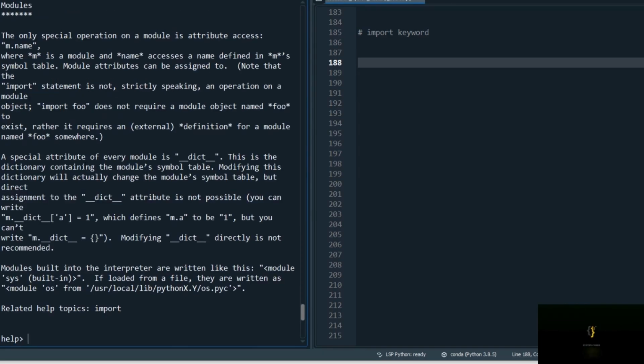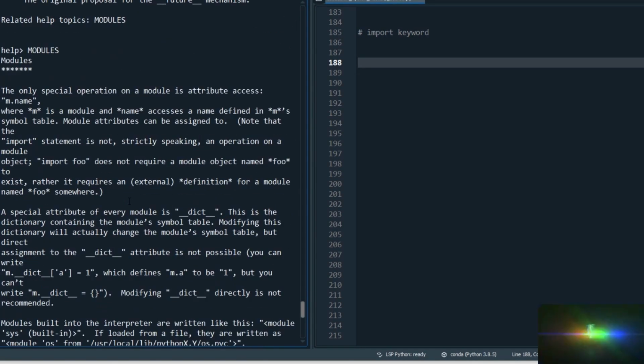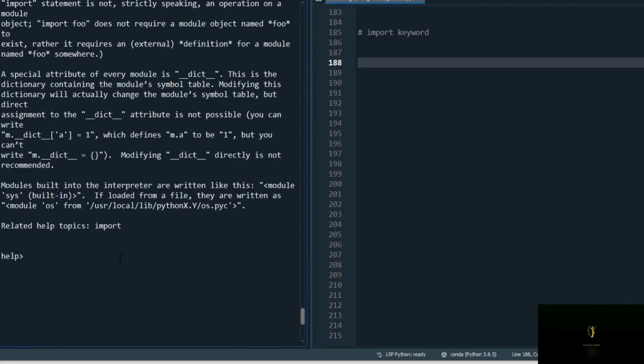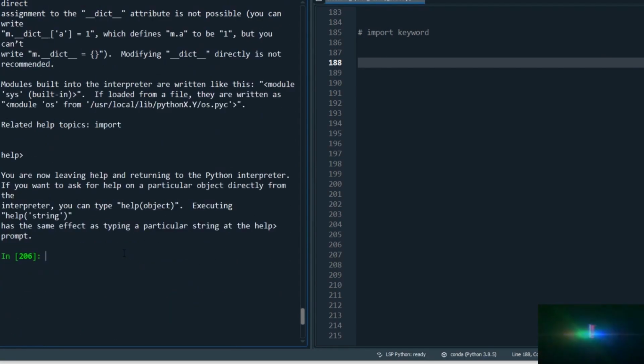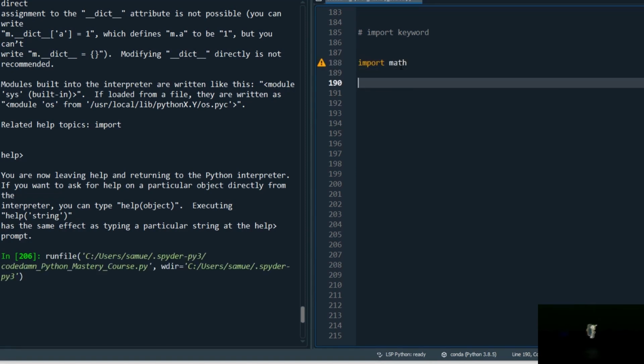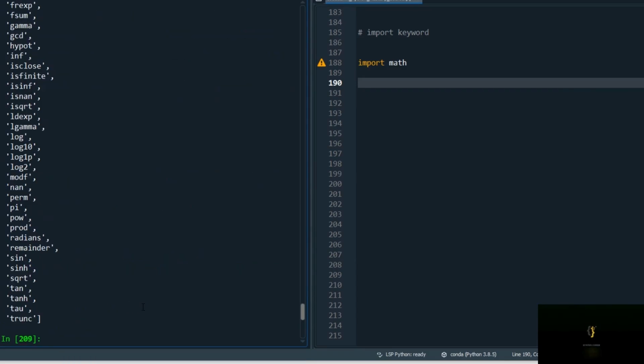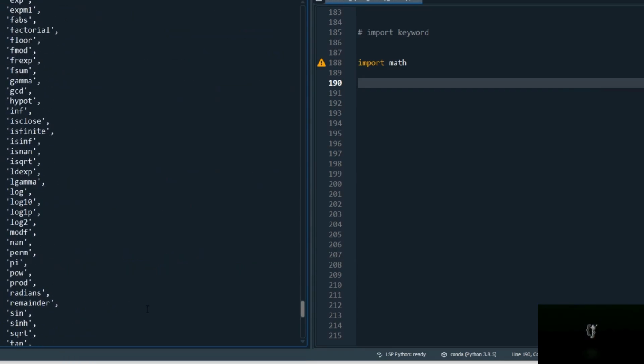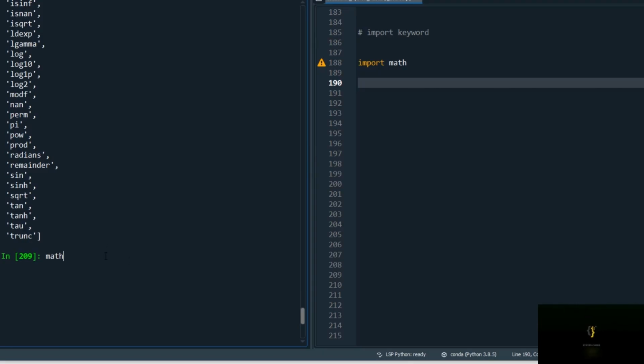Modules. Oh my goodness. So what does modules do? Okay, so these are files. This is activity that Python has already done for us. So let's just look at a couple of these. One that I like a lot is math. This is a file that has all kinds of stuff already created for you. So here is pi,